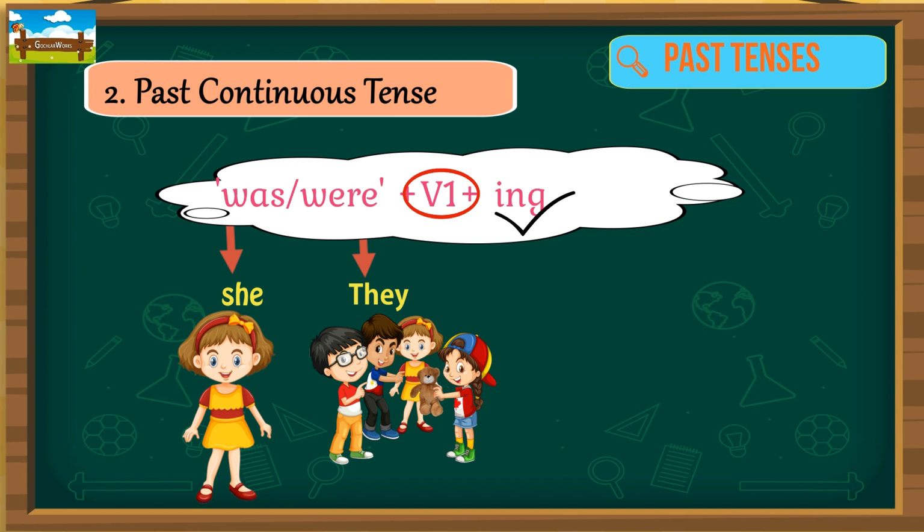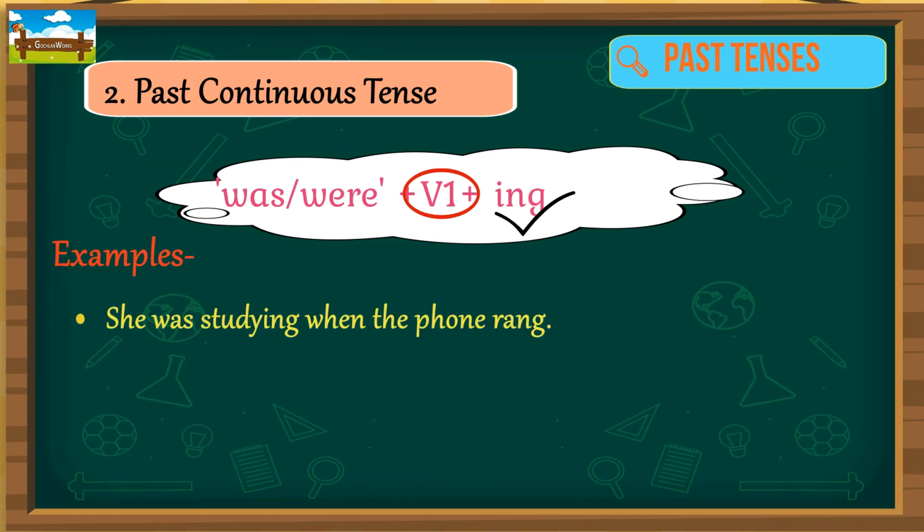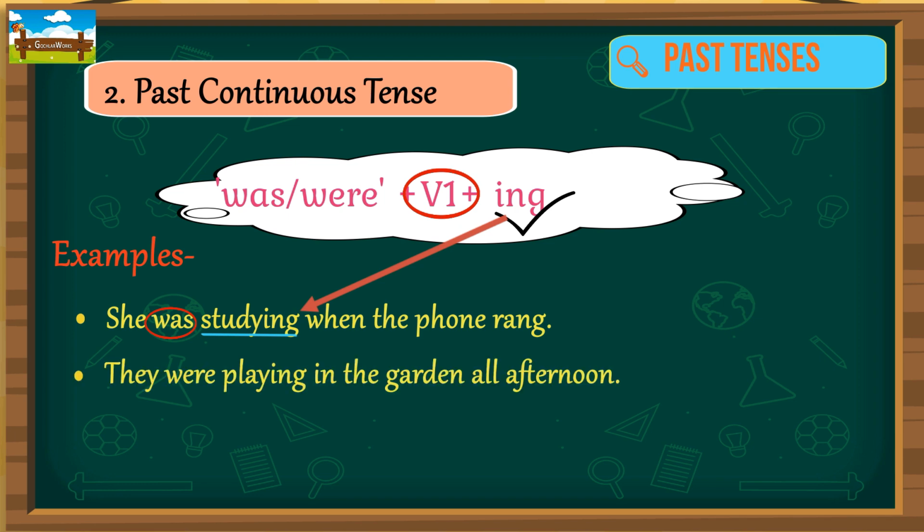Now, let's look at a couple of examples. She was studying when the phone rang. In this sentence, the action of studying was happening in the past, and we use was with the base form of the verb study followed by ing. They were playing in the garden all afternoon. Here, the action of playing occurred in the past, and we use were with the base form of the verb